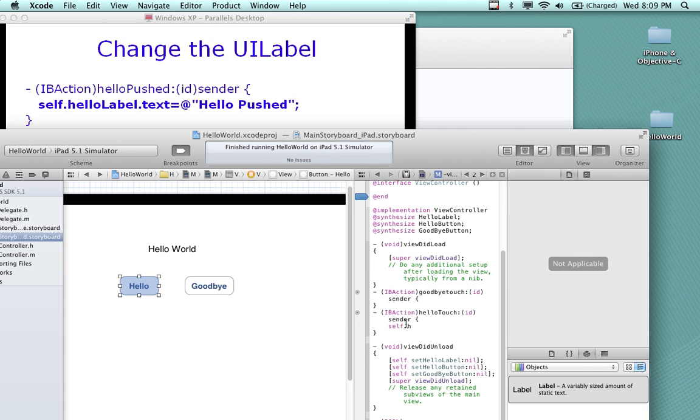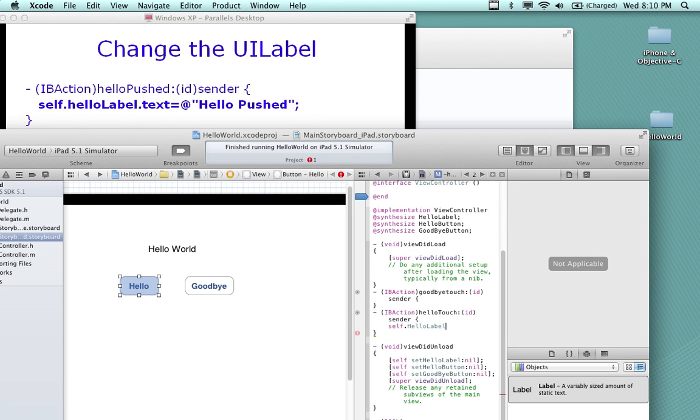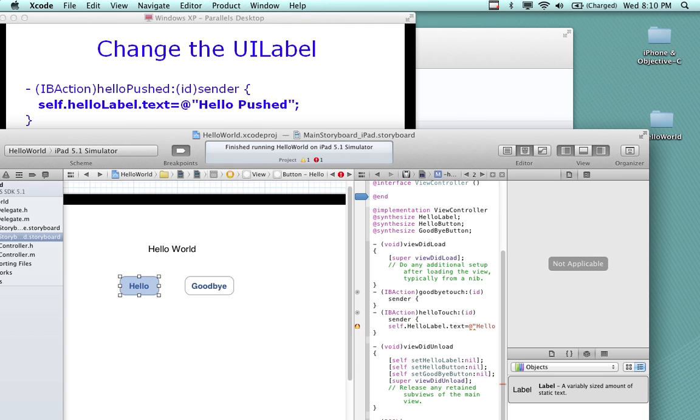So hello, oops. Self dot hello label dot text is equal at hello pushed. And what did I do wrong here? Nothing. Good. No issues. So you can tell if you've got error messages, warnings, and things by the status on